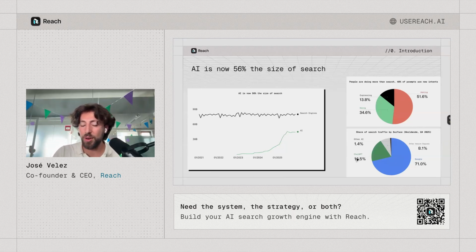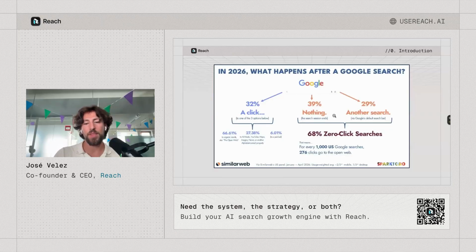And ChatGPT currently owns 19.5% of the total share of search traffic. And this was a study done in Q4 of 2026. And as you can see, it has been increasing. And the interesting thing is that even if you're already doing good in Google or traditional SEO, that behavior is